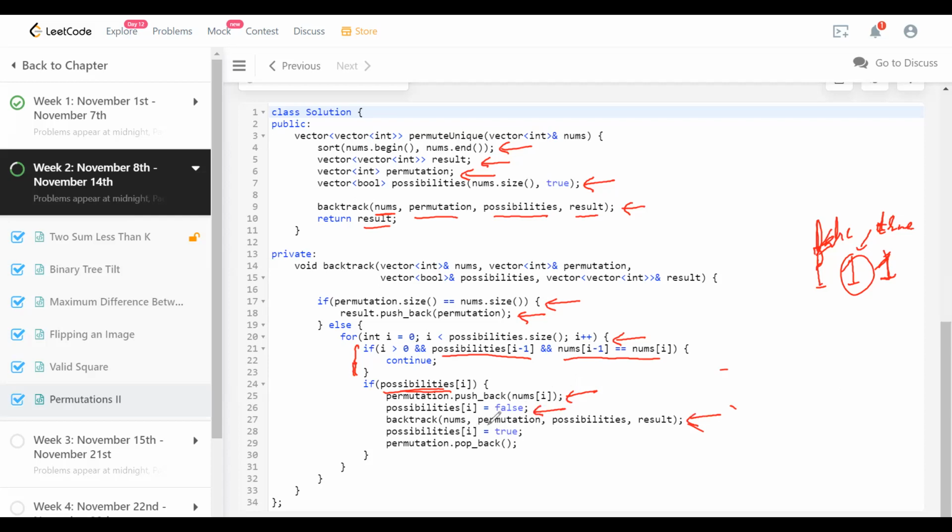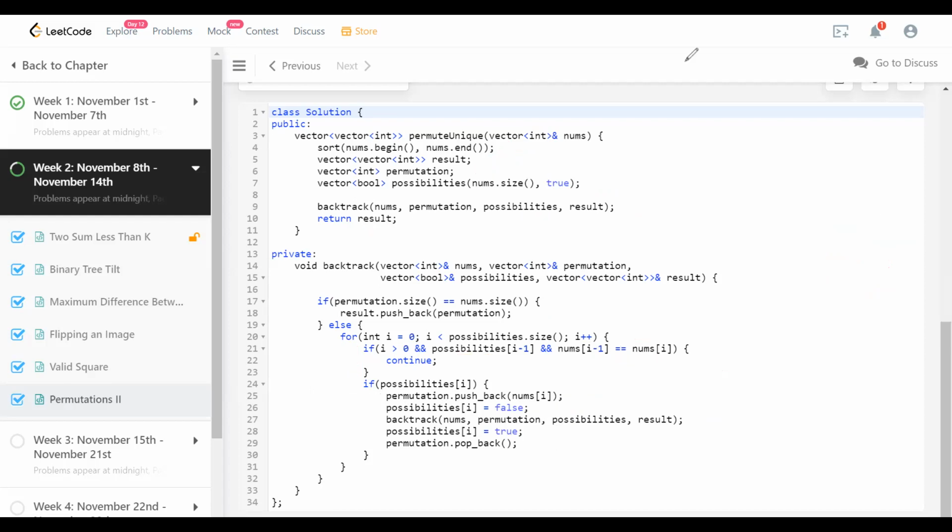So with those changes, when I come out of that, these two things are essentially the hallmark of backtracking, where I make this i a possibility again, because in the sibling paths we want to try this again as a possibility. So I'll also remove that permutation symbol I added in line number 25 here. That's what I'm popping back. This works in a stack way, so I just have to pop back, and it's going to pop only that symbol. So that way it's going to generate all permutations here.